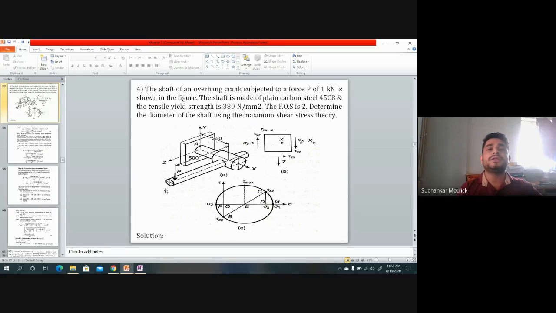टॉर्क इज नथिंग बट टॉर्क इज अ टाइप ऑफ मूवमेंट। फोर्स इनटू परपेंडिकुलर डिस्टेंस आपको टॉर्क देगा। तो कौन सा फोर्स? फोर्स तो पता चल रहा है कि पी। कौन सा डिस्टेंस? उस पी को किसी डिस्टेंस के साथ मल्टीप्लाई करना पड़ेगा, तब जाके आपको टॉर्क मिलेगा। तो कौन से डिस्टेंस के साथ आप मल्टीप्लाई करोगे? क्या आप पी इंटू 500 करोगे मल्टीप्लाई, या फिर आप पी इंटू 250 को मल्टीप्लाई करोगे?